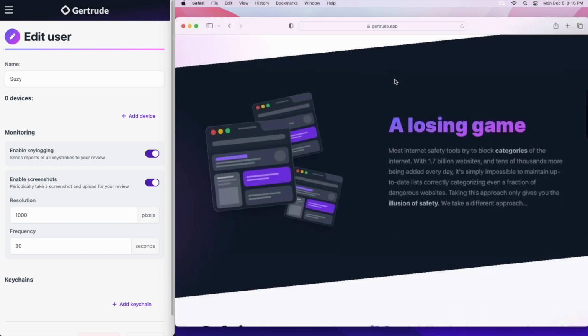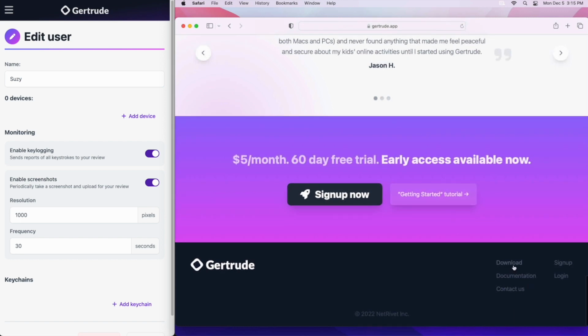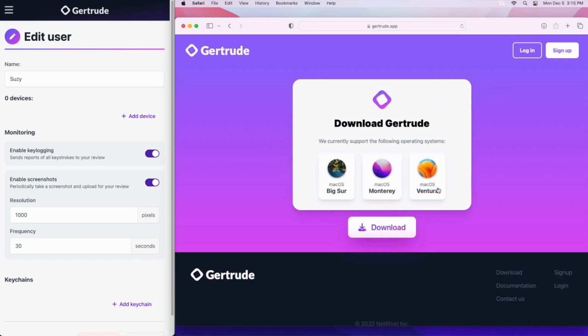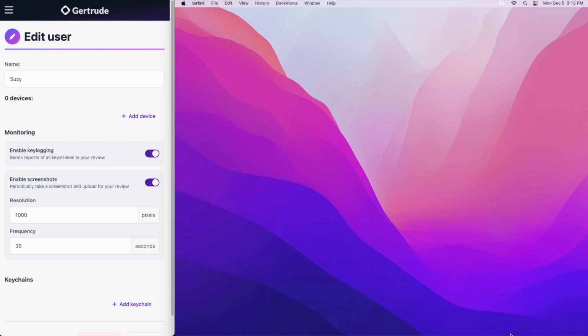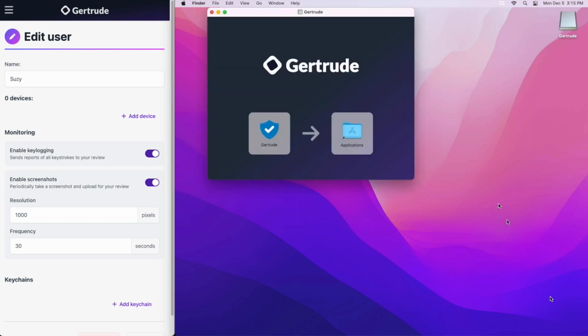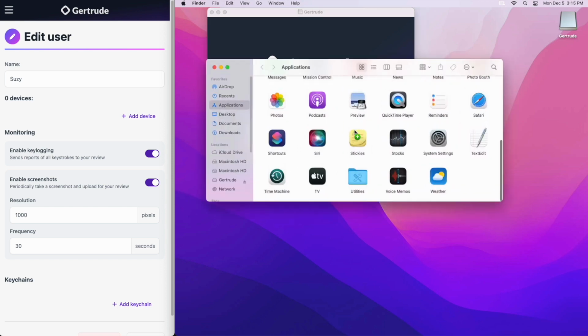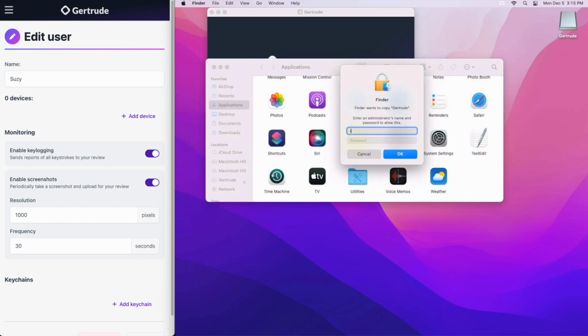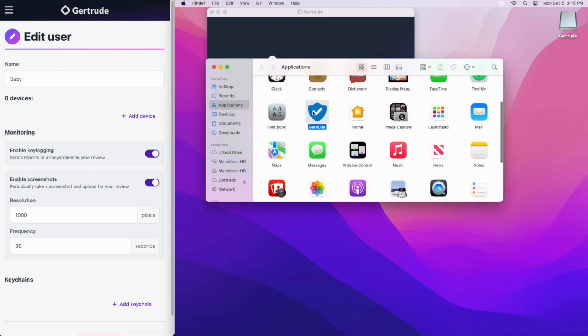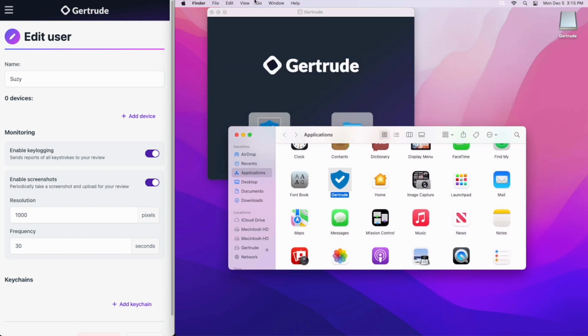And if we scroll down to the bottom of the page, we can click the download button, and it'll go ahead and start downloading a copy of the app. So I'll close this window out and then find where it downloaded. And if you open this, all you need to do is drag the icon into the applications folder like you've probably done with some other apps you've installed. I'm going to authenticate, and then you should see the Gertrude app as